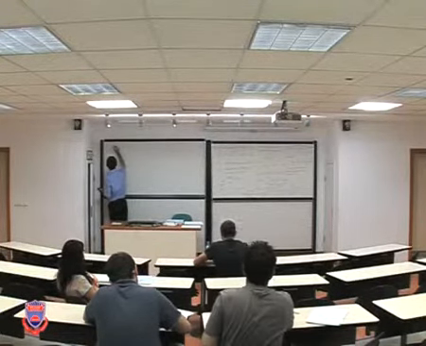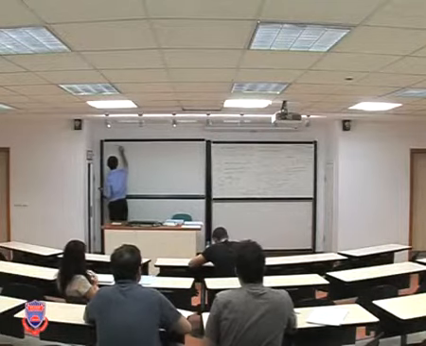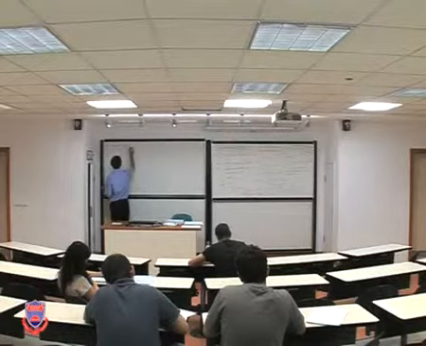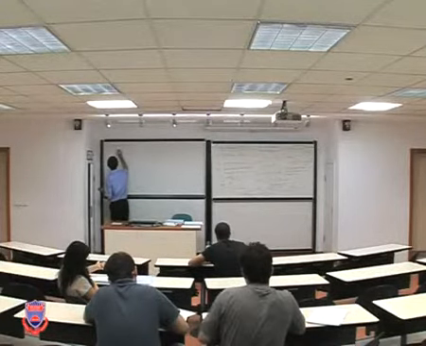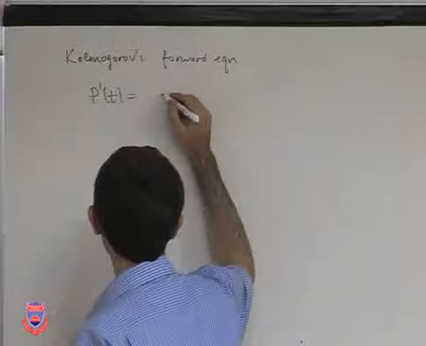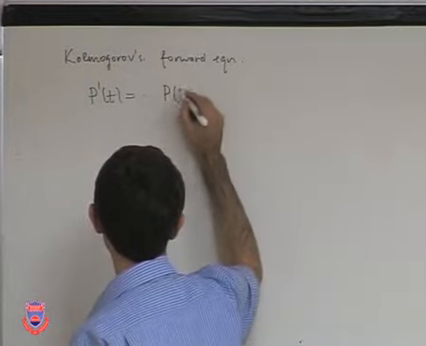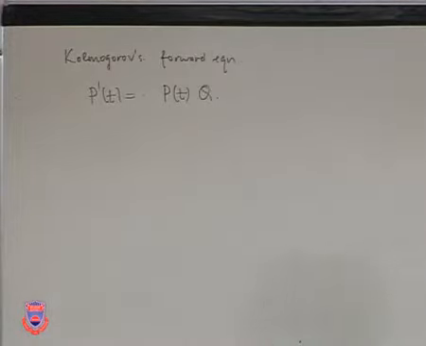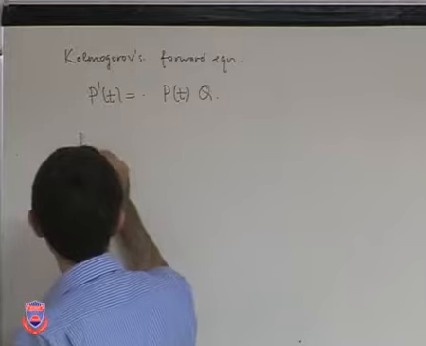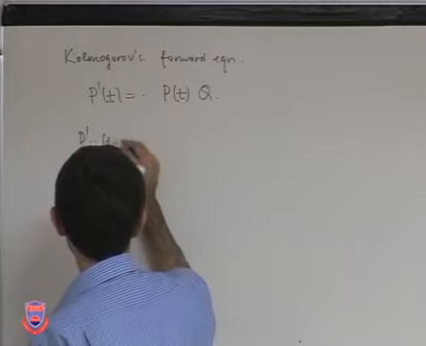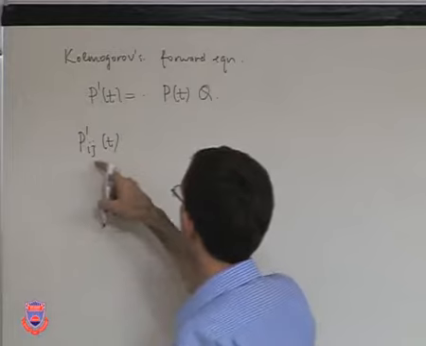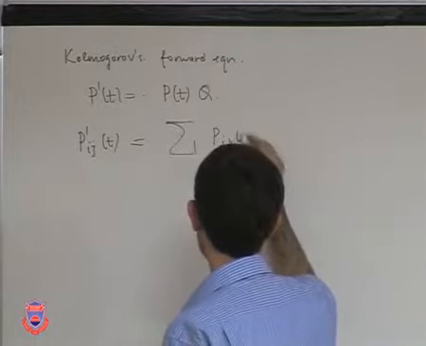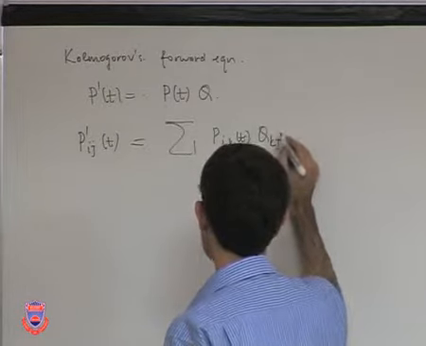So the Kolmogorov's forward equation, which in matrix form we wrote as the first derivative of matrix P equals matrix P, the transition function at time t, times Q, and now this is for every i and j, this equals therefore the sum of Pik at time t times Qkj,